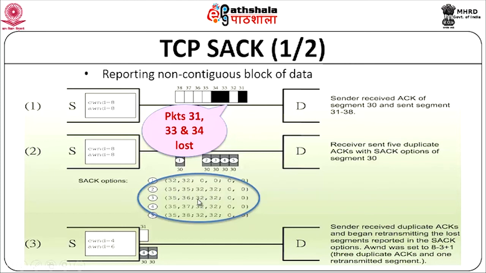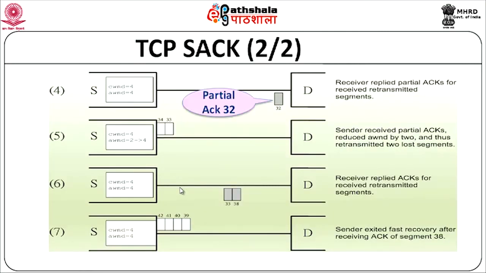With every acknowledgement that is received, we get selective information as to exactly which packets have not been received on the other side. This information is what we make use of. So now you can retransmit 31 the moment you receive a selective ACK for 32. And you'll get a partial ACK for 32, so you can retransmit the 2 lost segments, 33 and 34, because we already have an indication of those 2. So you retransmit those.